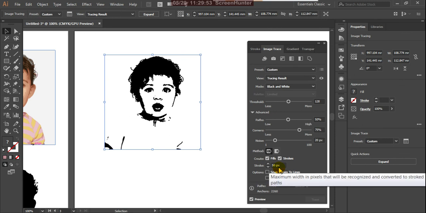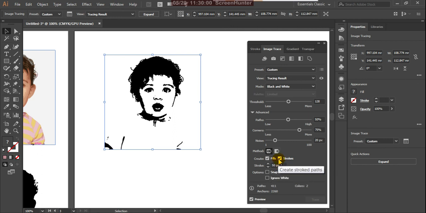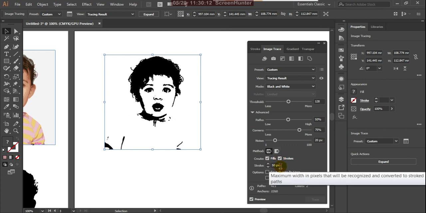Strokes, yeah, strokes here 50 and strokes. Suppose if you delete this, yes, but I want strokes. The strokes maximum width in pixels, suppose here I'll increase to 75.